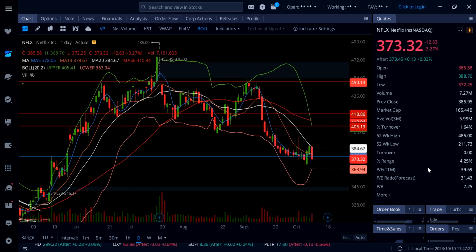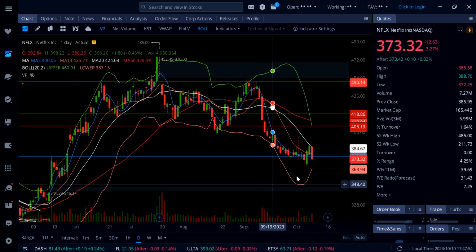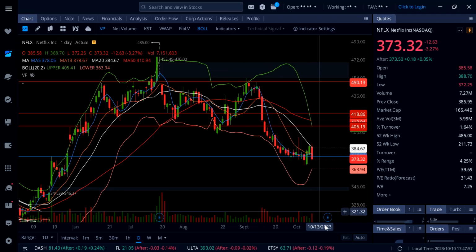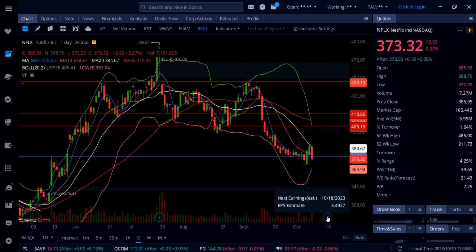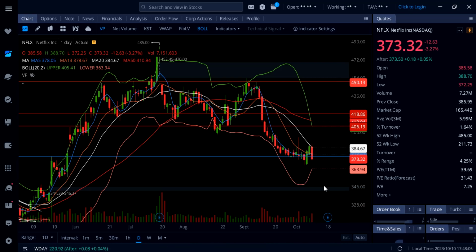Netflix is down 3.27%, and again some news came out, and I'm not even sure what the news is today. I haven't had a chance to look at it, guys. So there was some bad news about earnings, I think, and this thing took a dump again, down almost $13 on the day, and now we broke the support. I mean, it was making this nice progress to the upside, and now it's below 376. So the only thing that can save this stock from falling is earnings, and that is coming next week. So now we got support down here around 364, and then the gap below